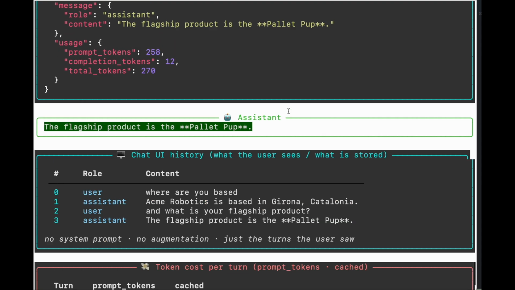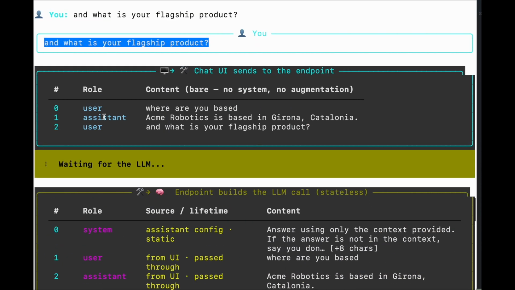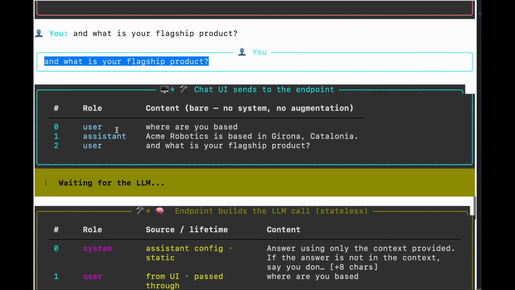Again, what the UI sends is the first question, the first answer, and the second question.